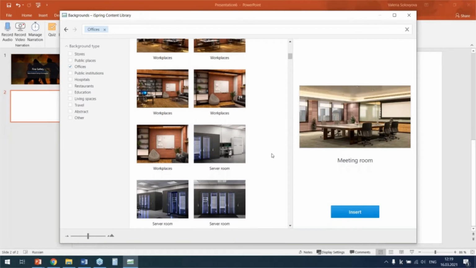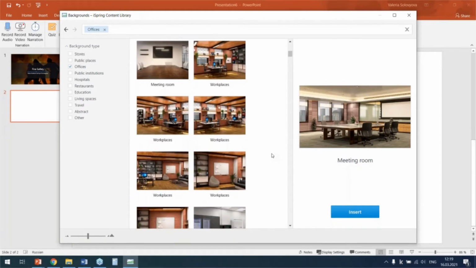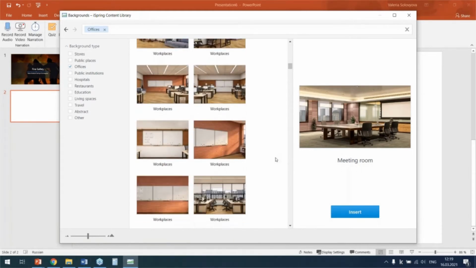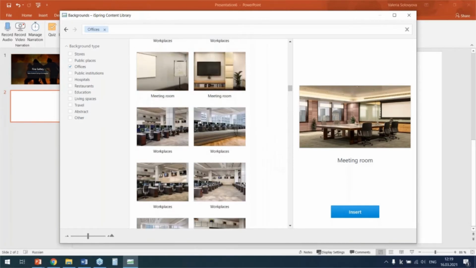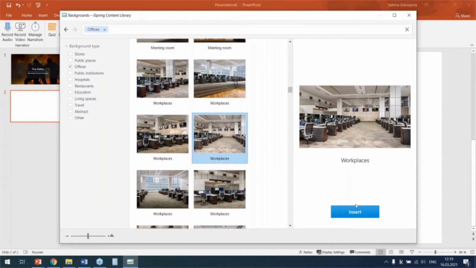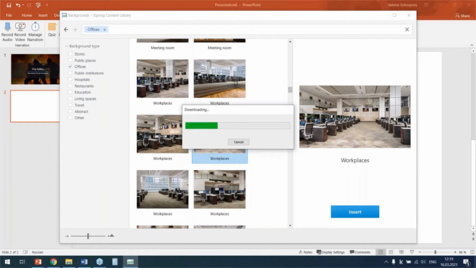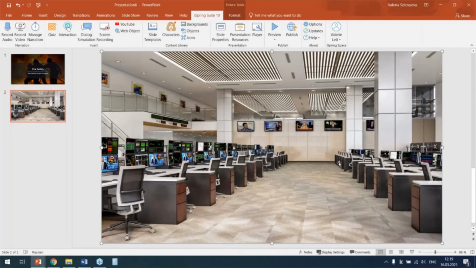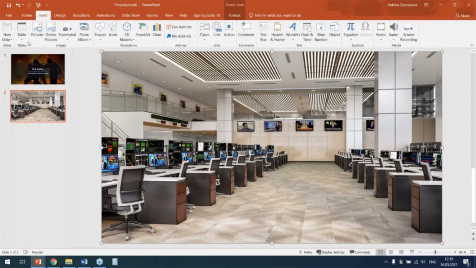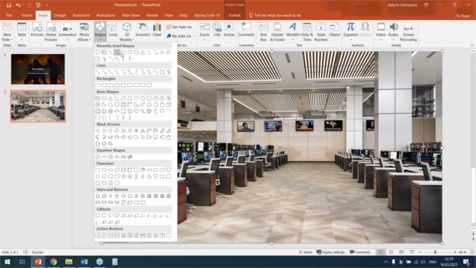Let's select the office picture. Let's say some call center or workplace. I just added it by clicking Insert. To make it less bright, I'll create a white transparent shape. To do that, I'll go to the Insert tab on the PowerPoint and choose Shape, Rectangle,